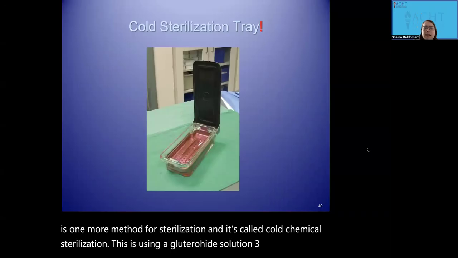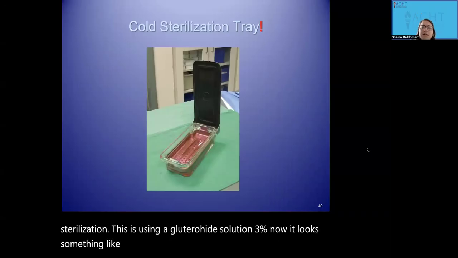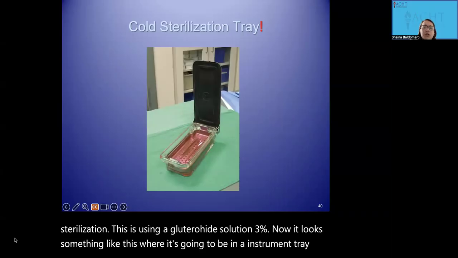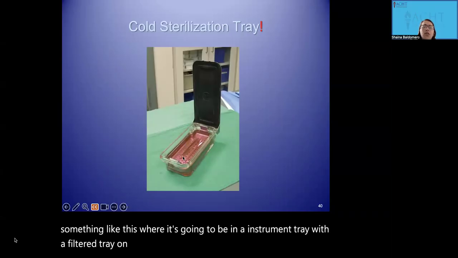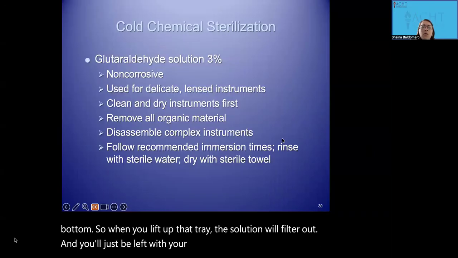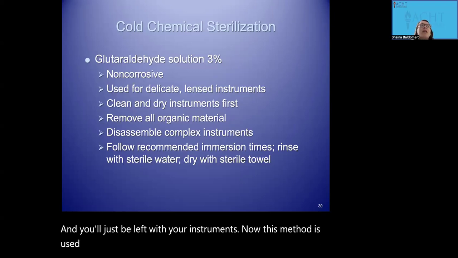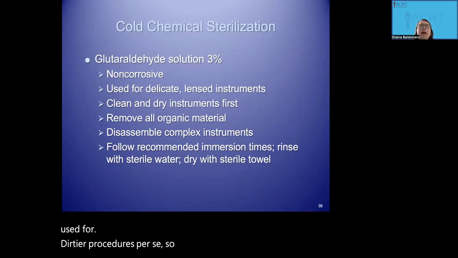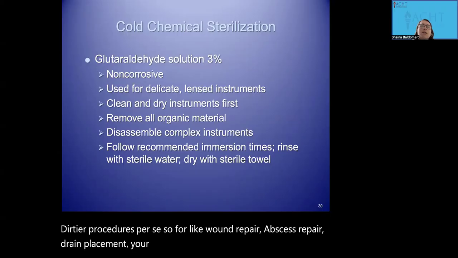Now, it looks something like this, where it's going to be in an instrument tray with a filtered tray on the inside. So there's holes on the bottom. So when you lift up that tray, the solution will filter out of it, and you'll just be left with your instruments. Now, this method is used for dirtier procedures per se. So for like wound repair, abscess repair, drain placement,